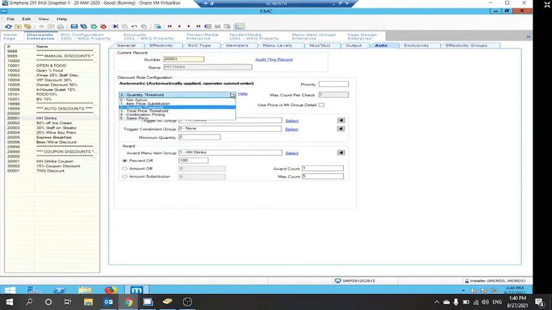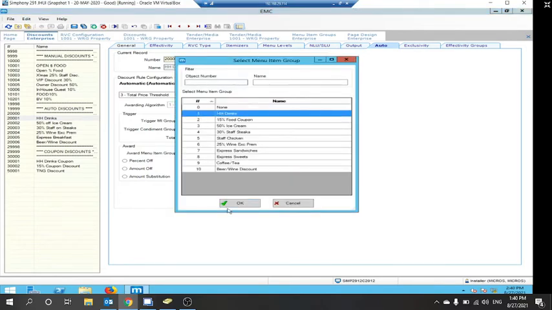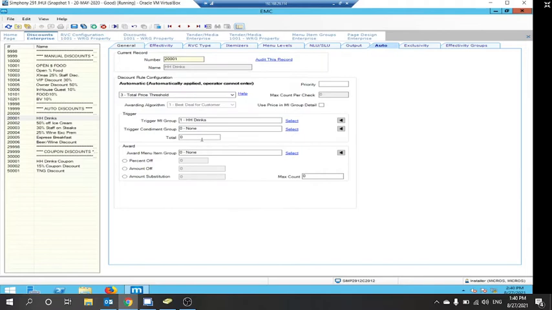So that's quantity threshold, and then you have the total price threshold. So this is similar, except for one thing. There is a price, and first of all, you have a trigger group, the happy hour drinks, and this total price threshold. Okay, so instead of by quantity, this is by item spent. All right, total price. So if, for example, I have a